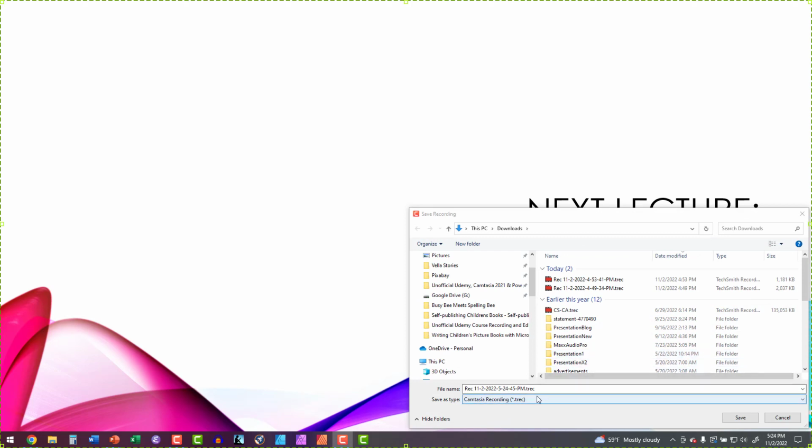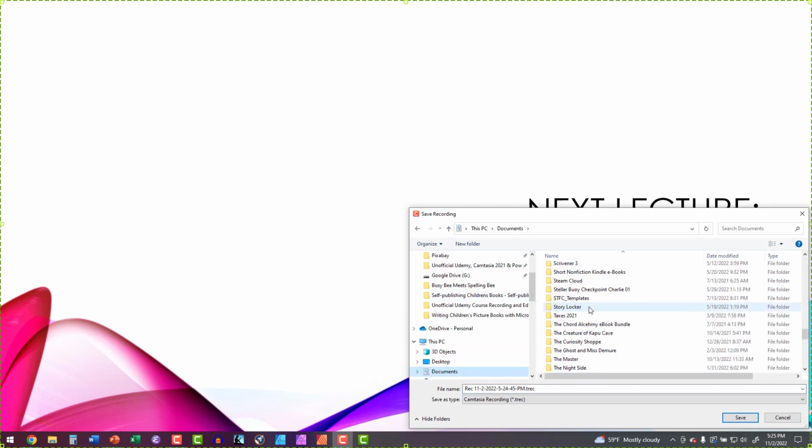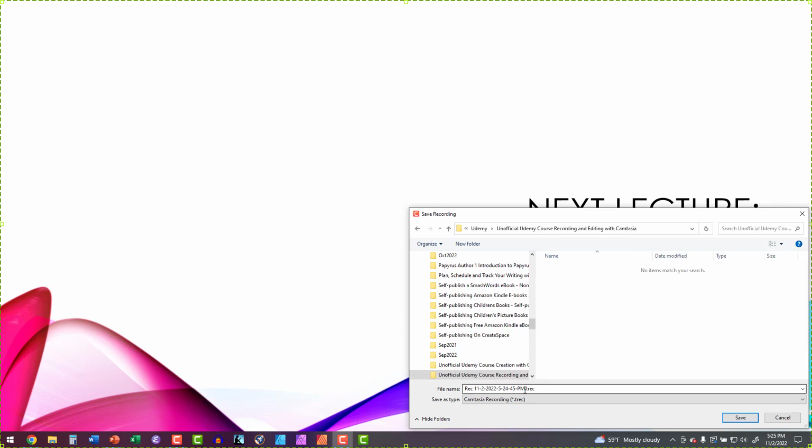And it asks me where I'd like to store my recording file. Now I'm going to put this into my new directory, which is in Documents. This is for the course, Udemy, and it's called Udemy Course Recording and Editing with Camtasia. And we'll take the default file name that Camtasia gives it, and I want to save it as